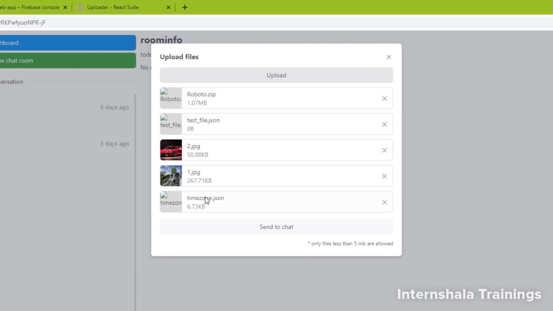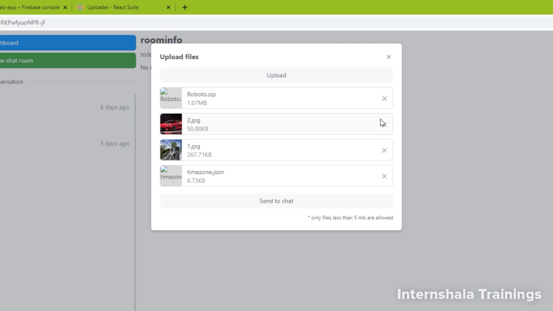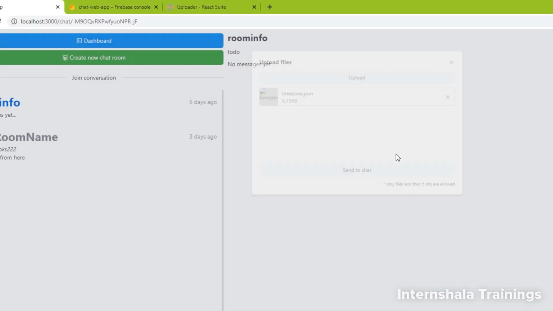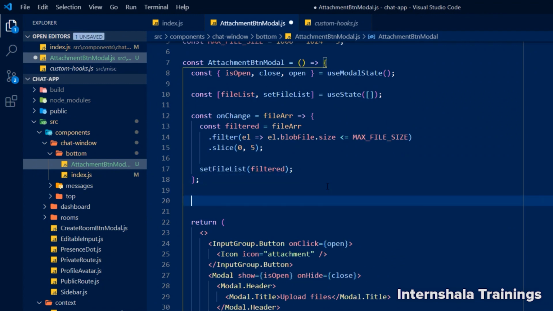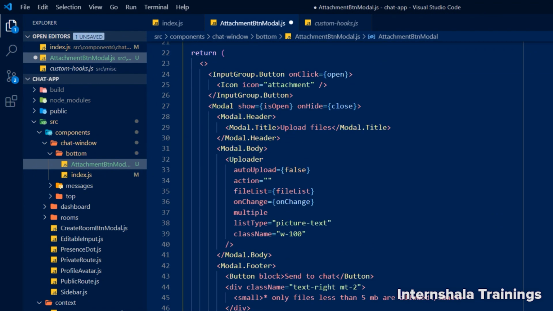1, 2, 3, 4, 5. I can see that it actually works. Now I need to add functionality to the send to chat button in order to upload all of them. I can also manage them from here. Okay, cool. So let's create a new handler, which is going to be our handler for this on click